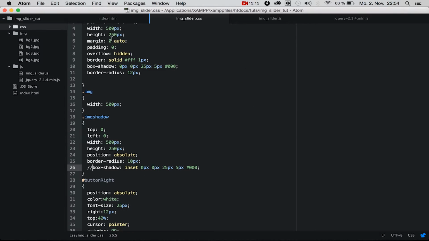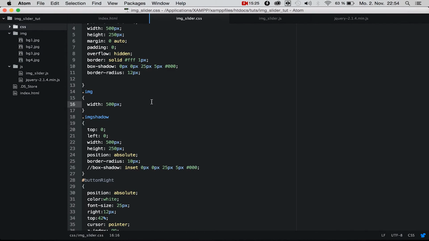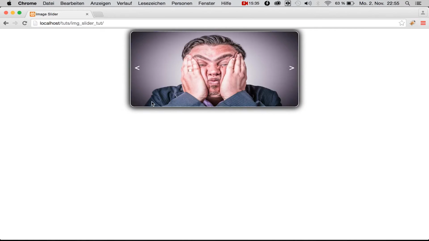We have set this to 500 by 205. The image, we don't set the height, because if we would set the height, I show you, it looks terrible, because we need to set the height and the width of the picture before we start with the